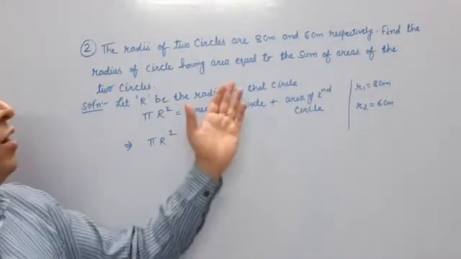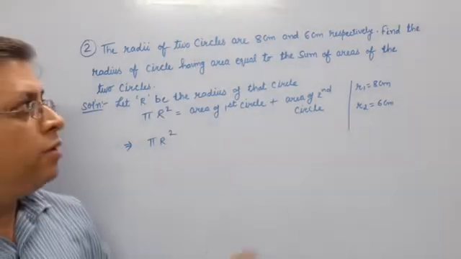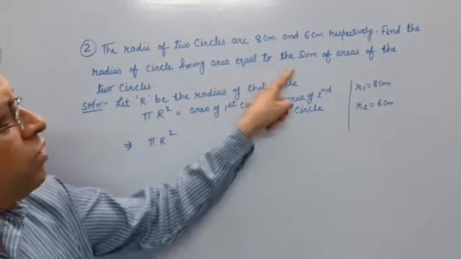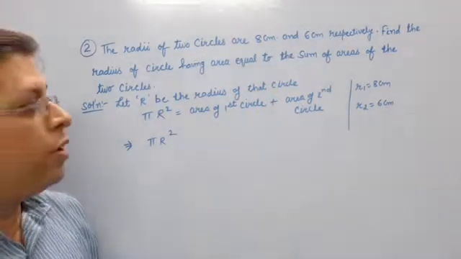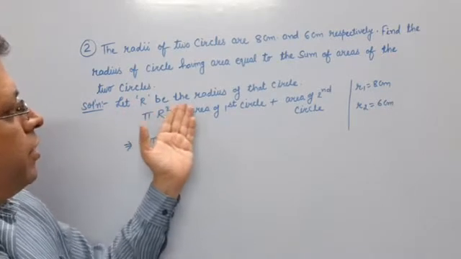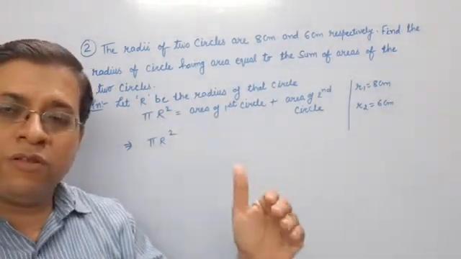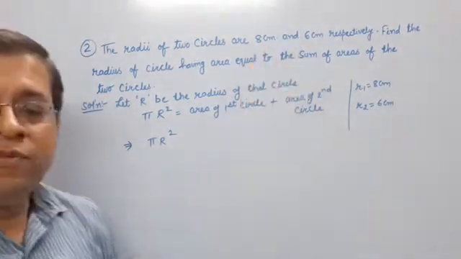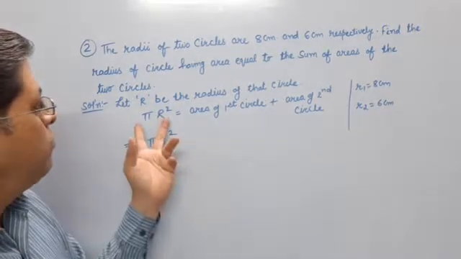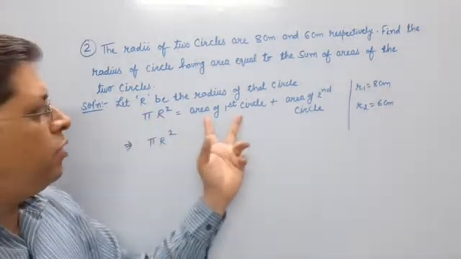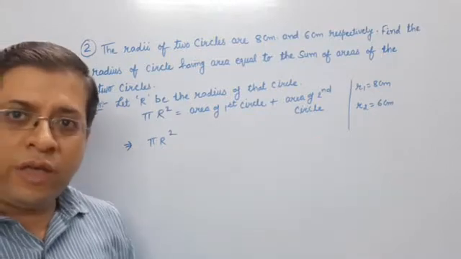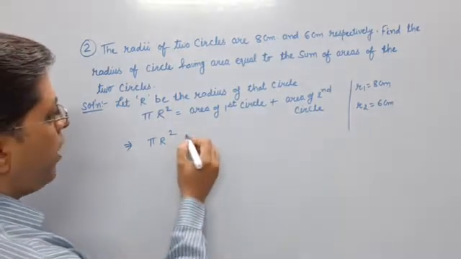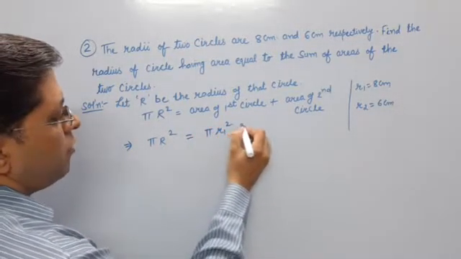The radii of two circles are 8 centimeter and 6 centimeter respectively. Find the radius of the circle having area equal to the sum of the areas of the two circles. Okay, let R be the radius of that circle, and the other two circles' radii are R1 and R2. It is given to you, 8 centimeter and 6 centimeter. What is given to you? The area of the new circle is equal to the area of the first circle plus the area of the second circle. That is pi R square, capital R square, equal to pi r1 square, plus